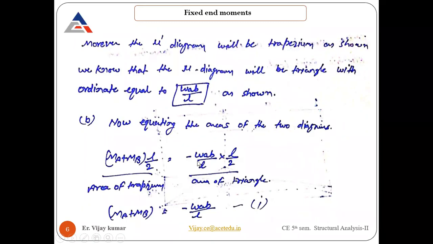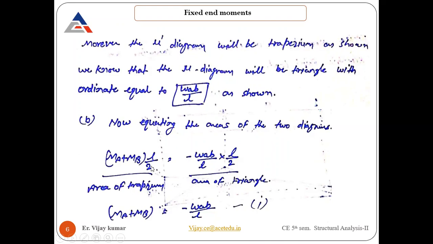You can consider one as positive, the other as negative, but make sure you do not take the same sign. One will automatically come out to be negative. In that case, you have to be precise about that. So any sign notation you can consider and proceed accordingly. It's not mandatory that I am taking positive for hogging or sagging. You can also go for a different sign convention, but make sure hogging is negative, or if it is positive, the other will automatically come out to be negative.